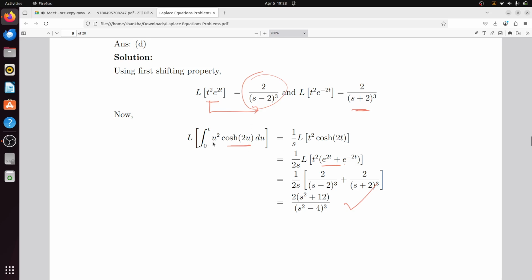If there is integration, I think that Sir has taught something called the convolution theorem. This is actually an application of that. This is 0 to t of u square cos hyperbolic 2u. So for the integration sign to vanish, you need to sacrifice 1 by s here. So then it is t square cos hyperbolic 2t. Then cos hyperbolic 2t, you know, the Laplace transformation will be